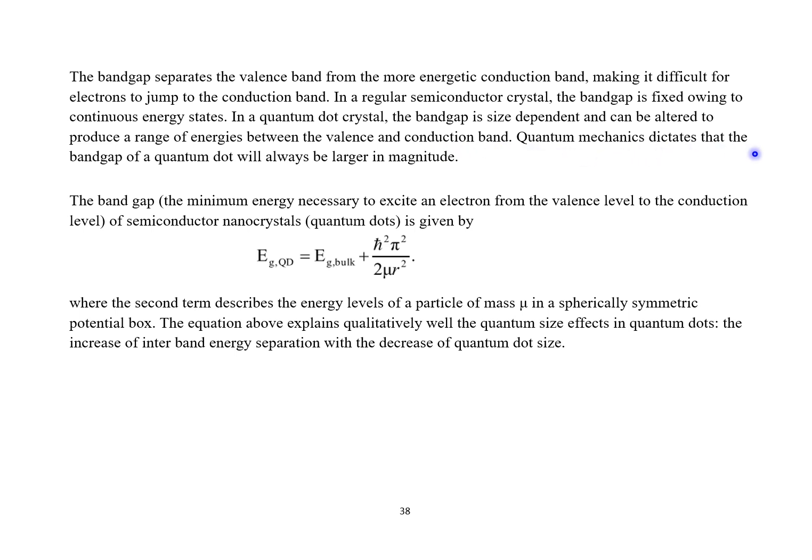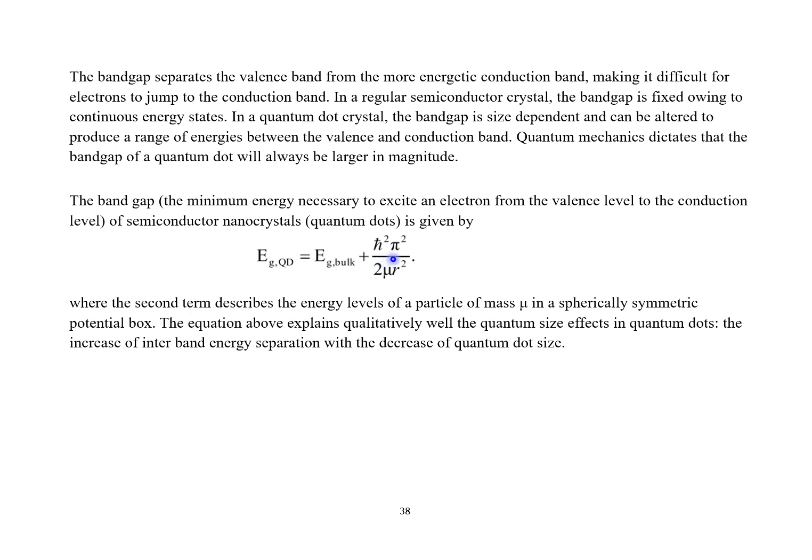Quantum mechanics dictates that the band gap of a quantum dot will always be larger in magnitude. According to quantum mechanics, Eg, the band gap of the quantum dot, is always higher than that of the bulk material. The band gap, the minimum energy necessary to excite an electron from the valence level to the conduction level of a semiconductor crystal or quantum dot, is given by this equation. Eg for the quantum dot equals Eg for the bulk plus this term,